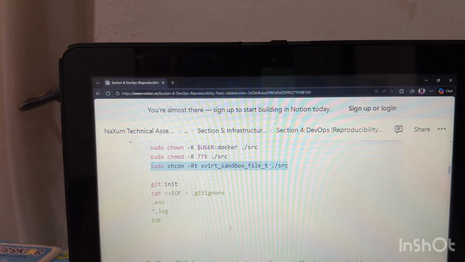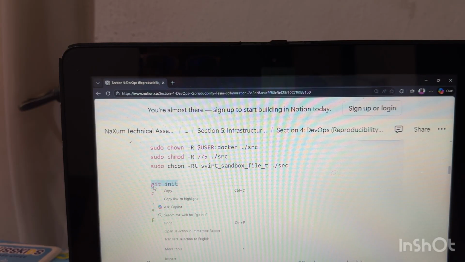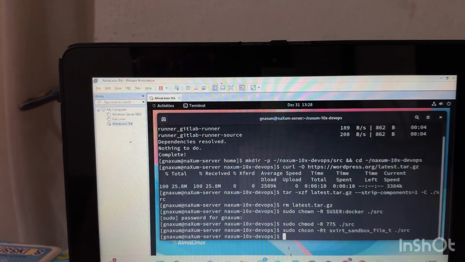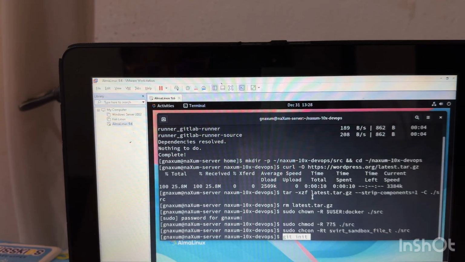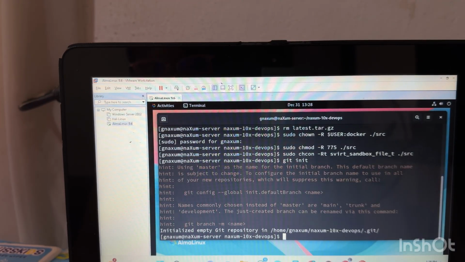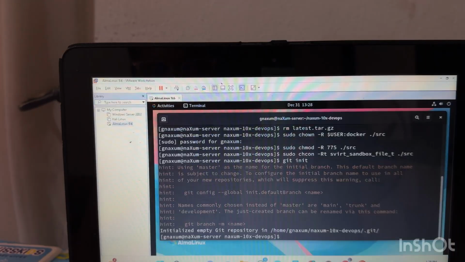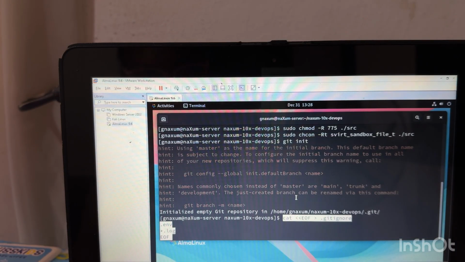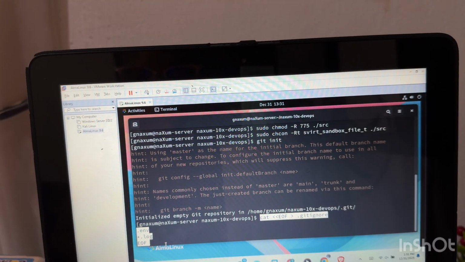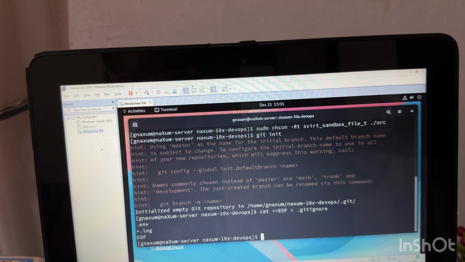Okay, so the next thing we're going to do is initialize Git. Once we initialize Git, then we would have the capacity to ignore some configuration files, credentials, and information that we want to stay away from the public. So this is the .gitignore, and we are also calling on the .gitignore to hide some environment variables and some log files. So once that is done, we